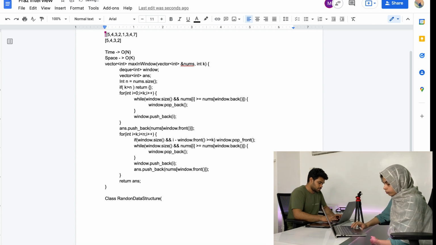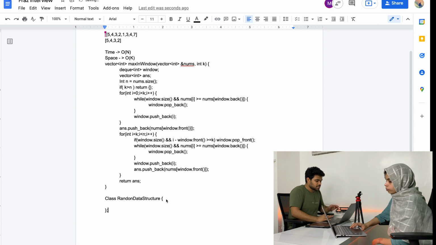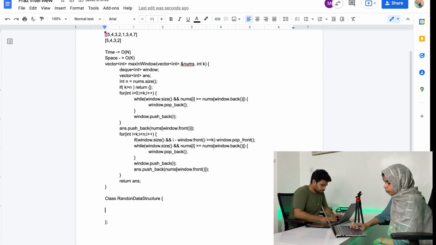Inside this class, I'm going to implement these three functions. So let me first take a vector of int elements.